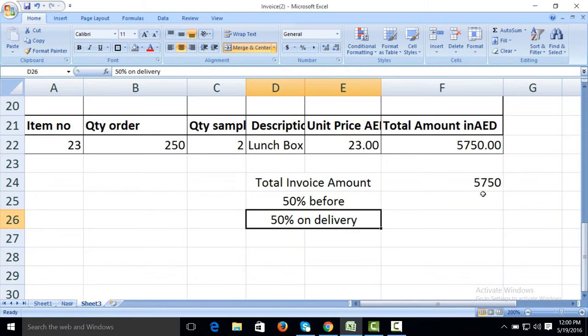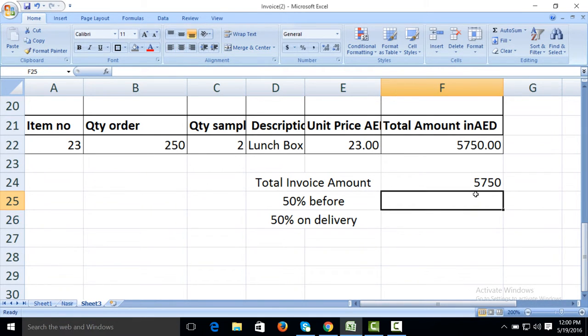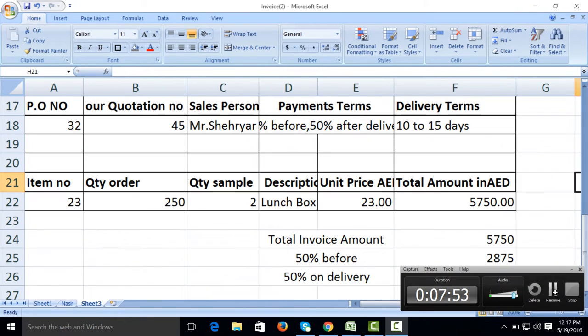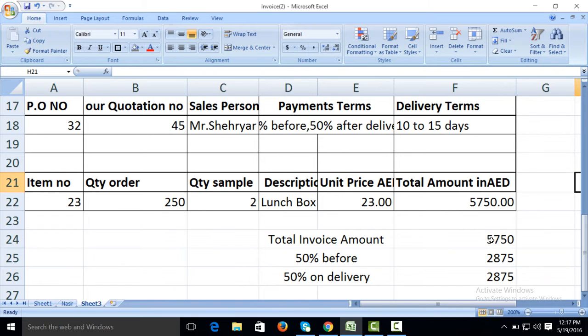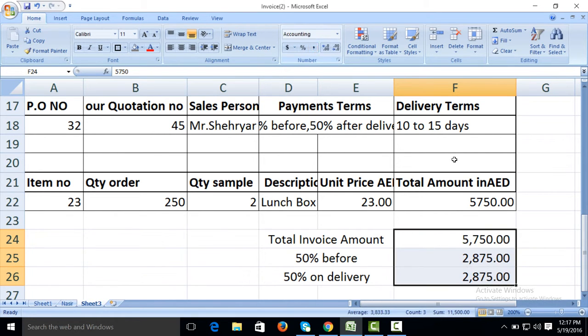To create 50%, equal to, then simply click on this amount divided by 2, or Control D. 50% before, 50% on delivery, comma,